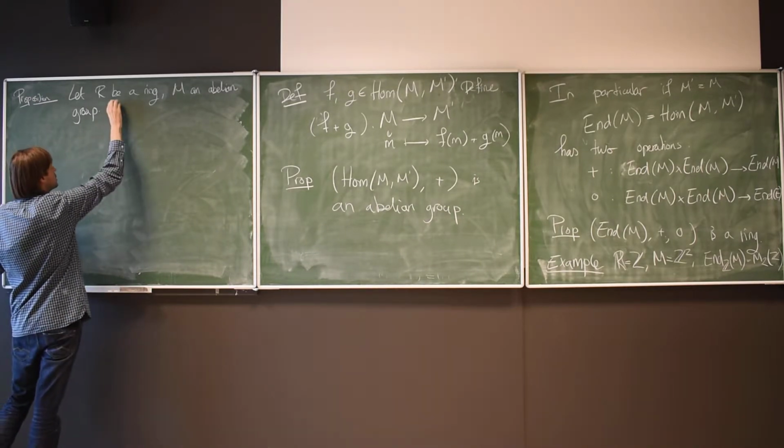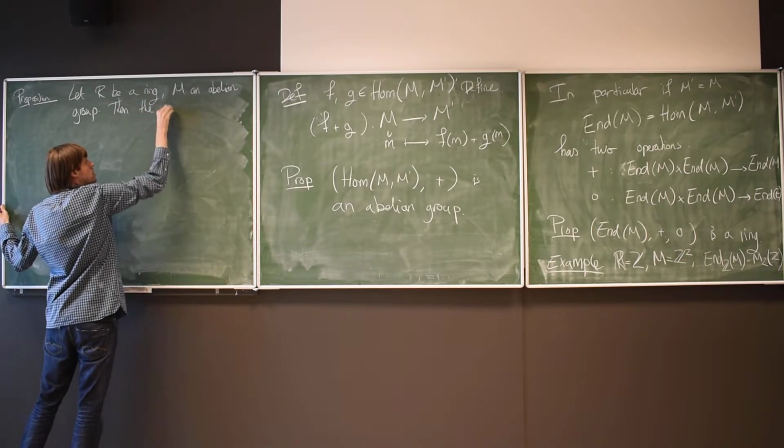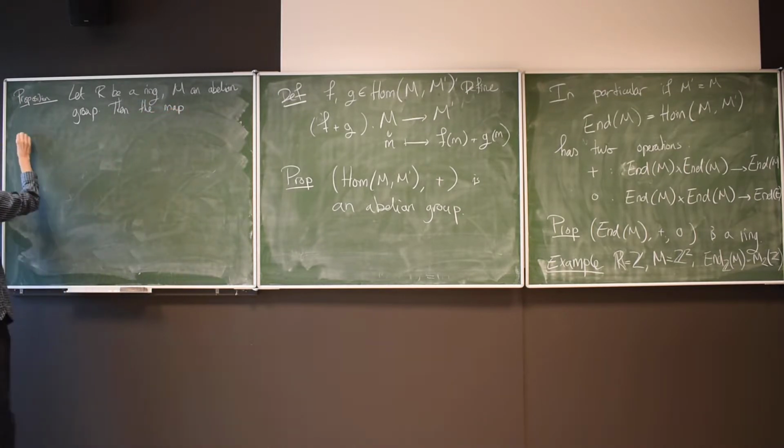Then I say the following map. So I start with a ring and an abelian group. So I make the map